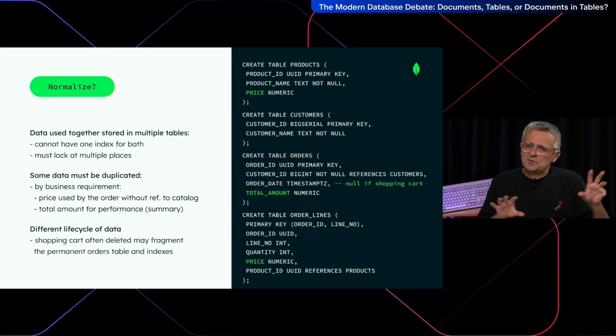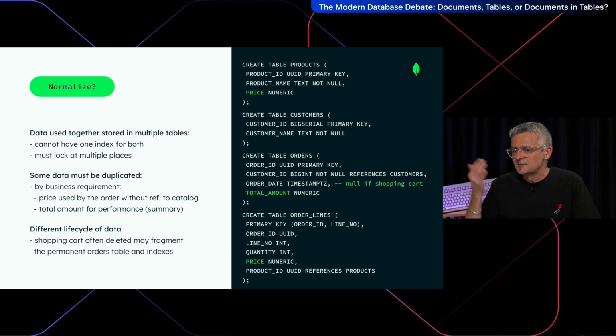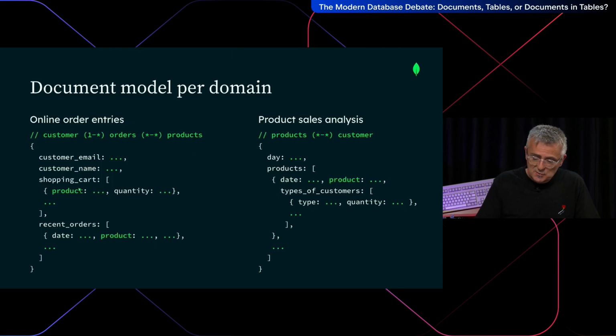The goal is really to avoid duplication, to avoid anomalies, especially because SQL was also made for end users typing in command line, and then it's easy to forget an update. Today, we automate everything, we test everything. So probably, if you have a use case that changes the price in order lines, then probably you have the code to maintain that.